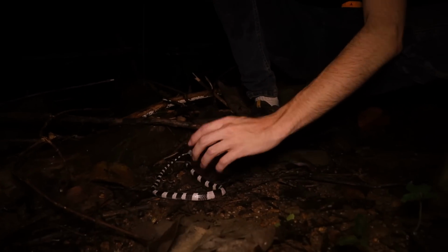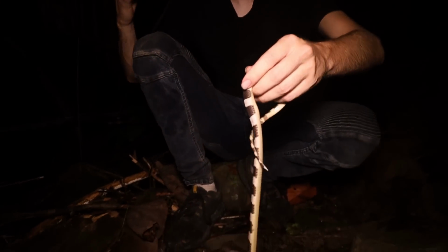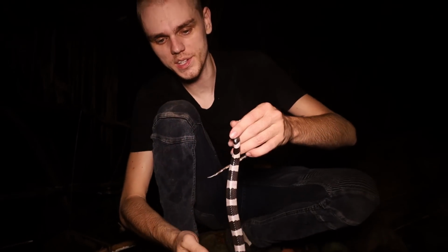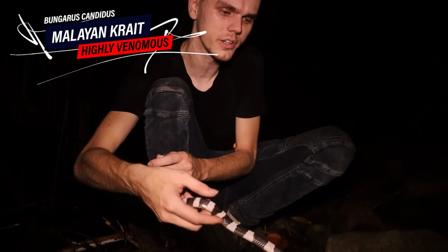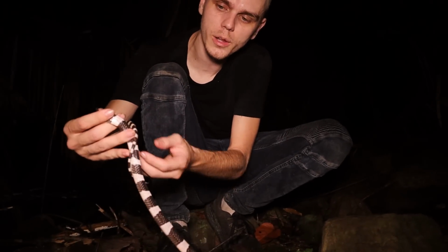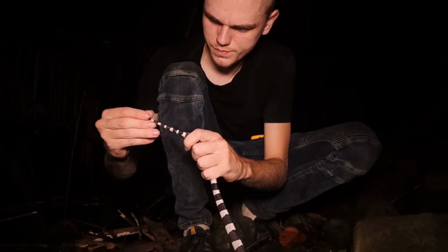We're trying a slightly different trail. And first snake, not very unexpected, following a stream here, is another Malayan krait. This one's actually quite small. I would say a sub-adult. If it's a male, possibly it's already mature. I can try and check, but I'm not the...